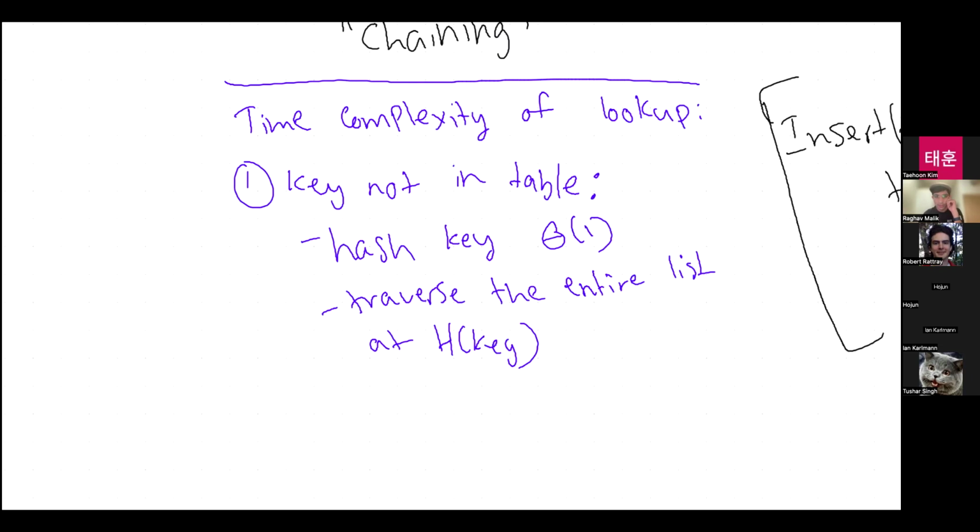Traversing the entire list, what's the complexity of this? Like how many steps is this going to take? Any thoughts?